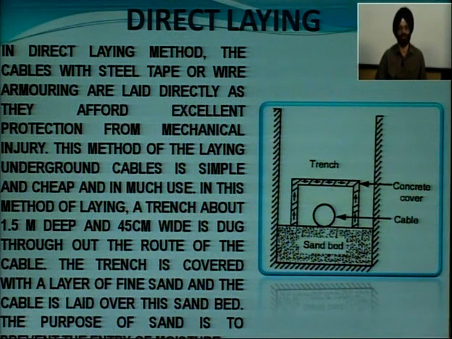The trench is covered with a layer of fine sand and the cable is layered over this sand. The purpose of the sand is to prevent the entry of moisture. You see, this is a trench. So this is a layer of sand, and above the layer of sand there is a cable, and again the